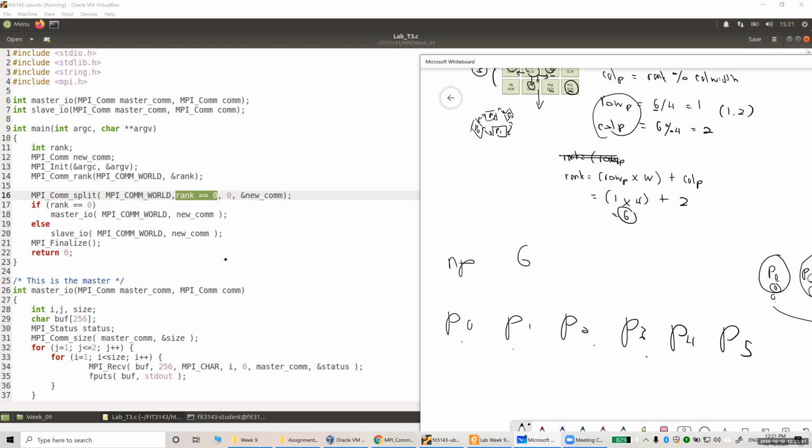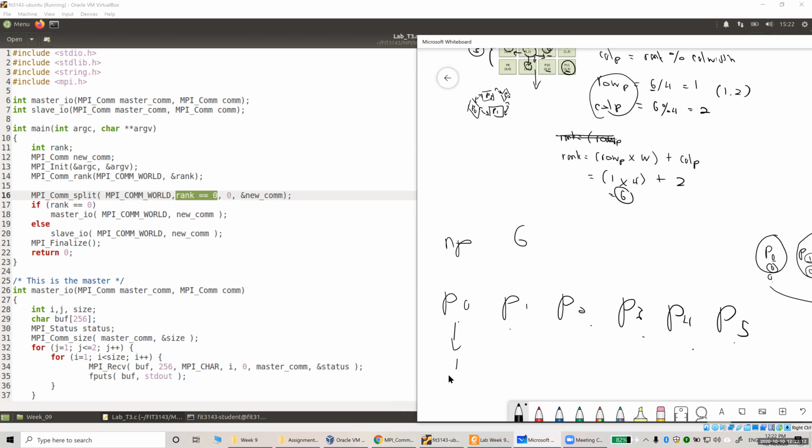Each MPI process will execute line 16, MPI_Comm_split, and each of them will also execute this chunk of code here, the instruction rank equal 0. So what do you think will be the outcome for rank 0 here? This is a condition, so it will return true or false. True means 1, false means 0. So for rank 0, this will be a